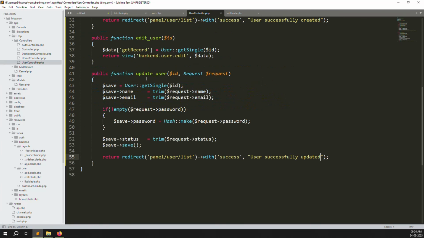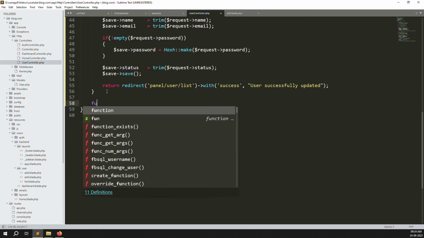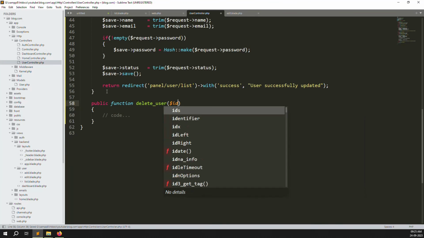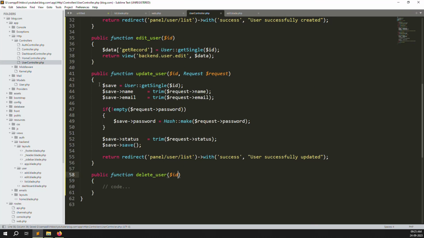Just go to the user controller, inside we need to create a new function, and here you can pass the id. So just go up, and you can copy this one. Okay, and here you can